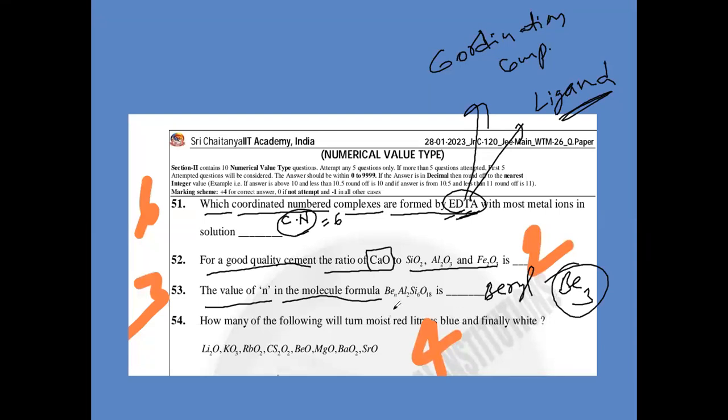Be3 should be present. Beryl formula. Next, how many of the following will turn moist red litmus blue? Red litmus will change into blue color and finally white color. So in this reaction, the process of first converting red litmus into blue and then finally into white will be done by superoxides,